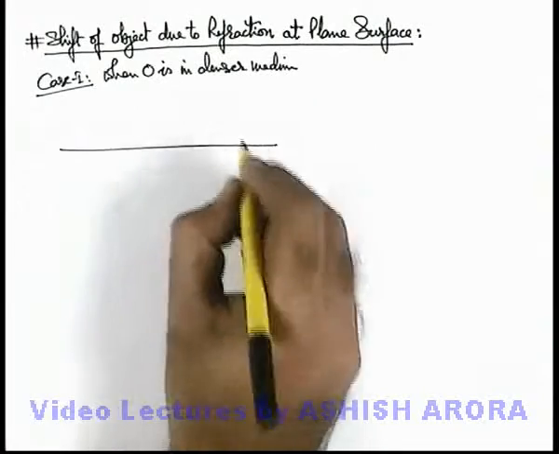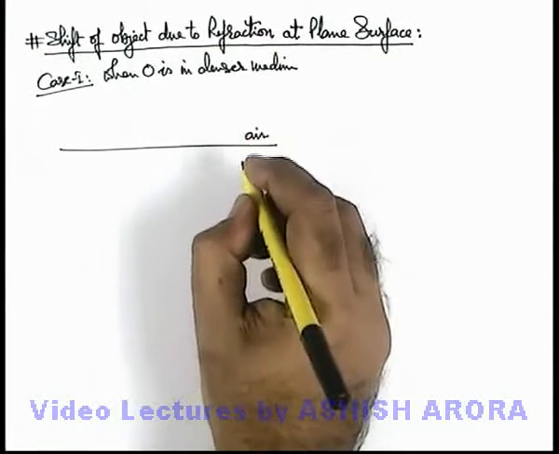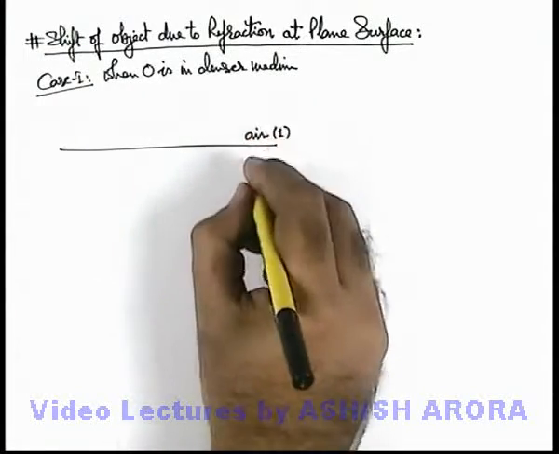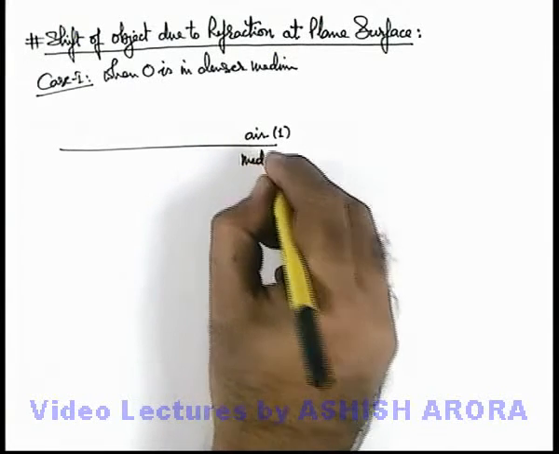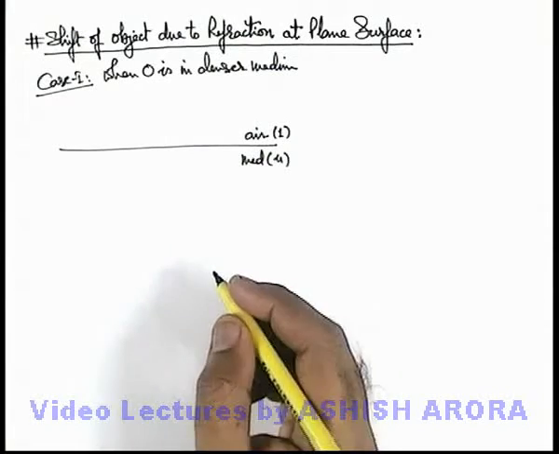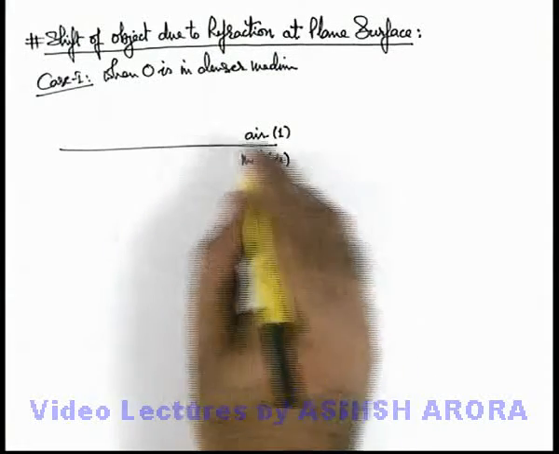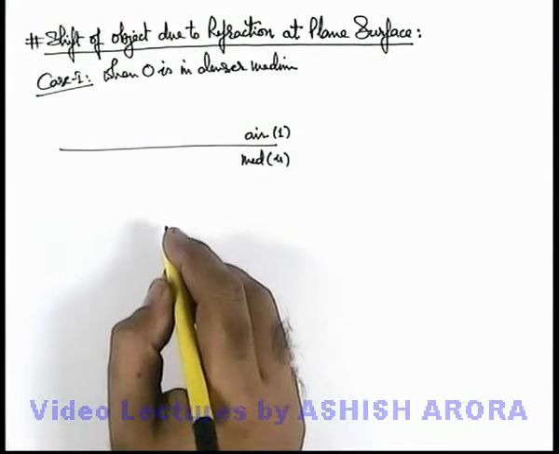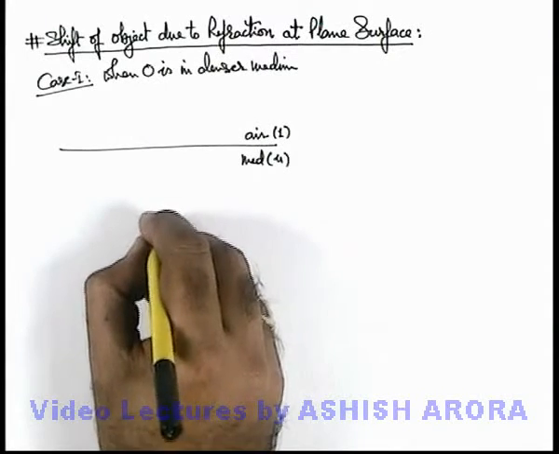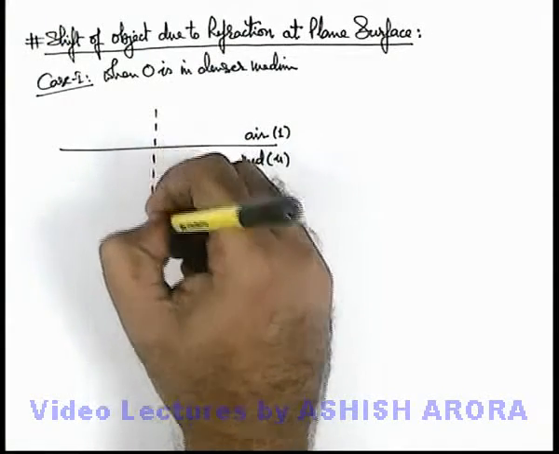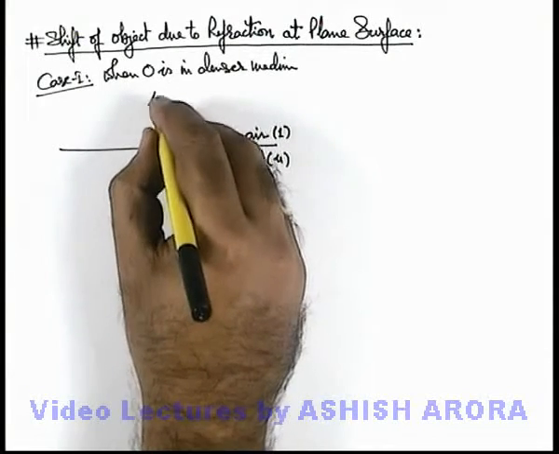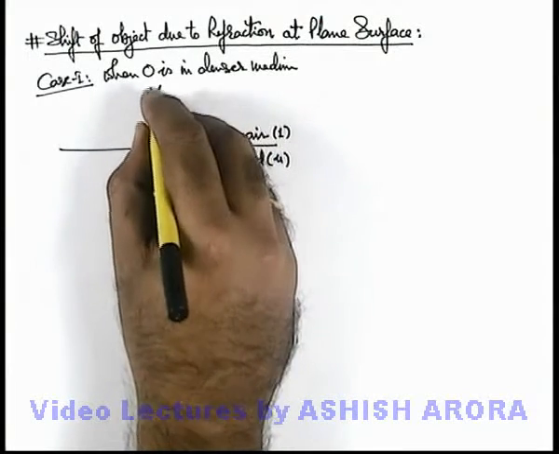Say if we consider one side of an interface there is air with refractive index 1 and on the other side there's a medium with refractive index mu which is denser. It can be water or a glass slab. And within the medium, an object is embedded, and from almost near normal incident or for paraxial rays, an